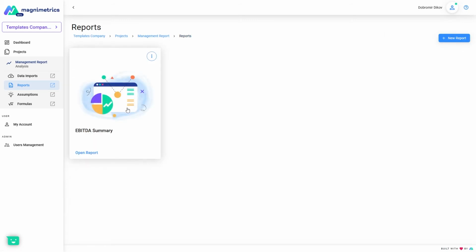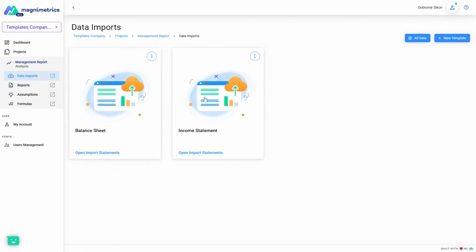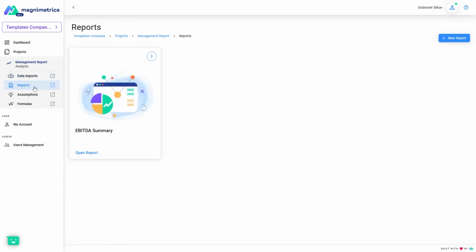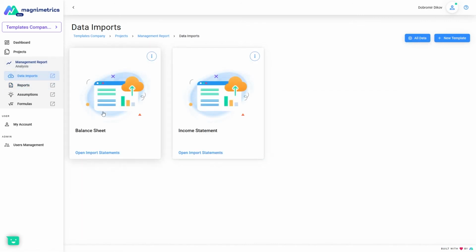Another important thing to note is that you can have multiple reports and multiple data sources. And it's important to note that all reports within the same project have access to all the same data points, assumptions, formulas,